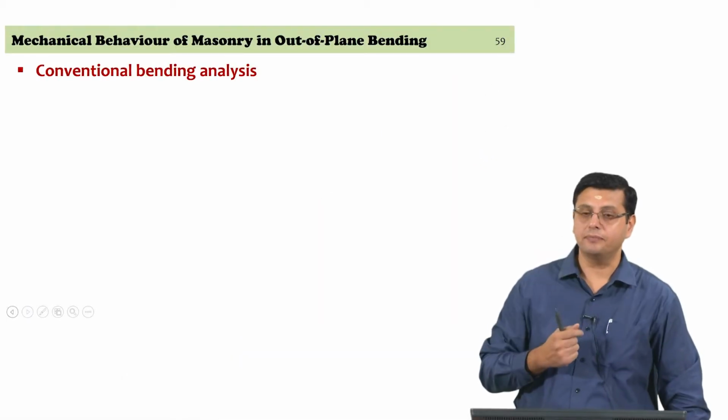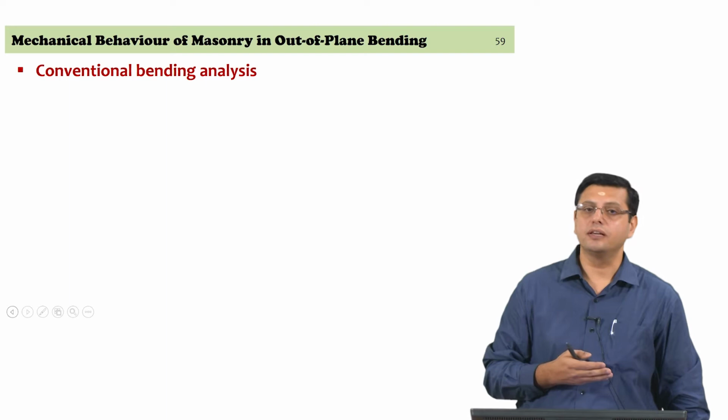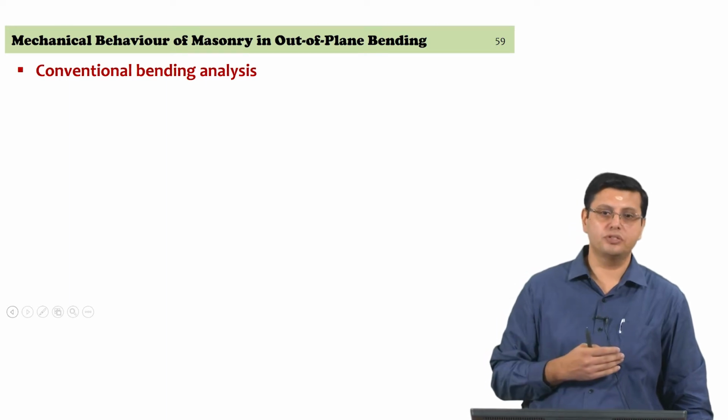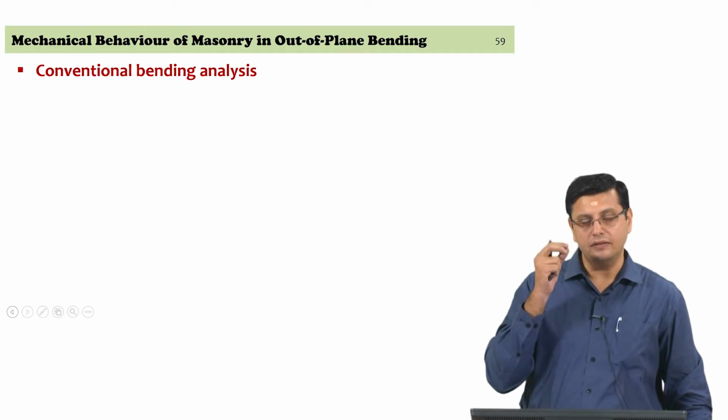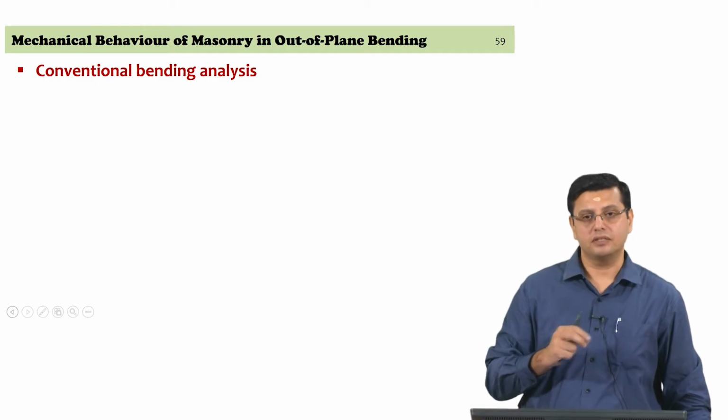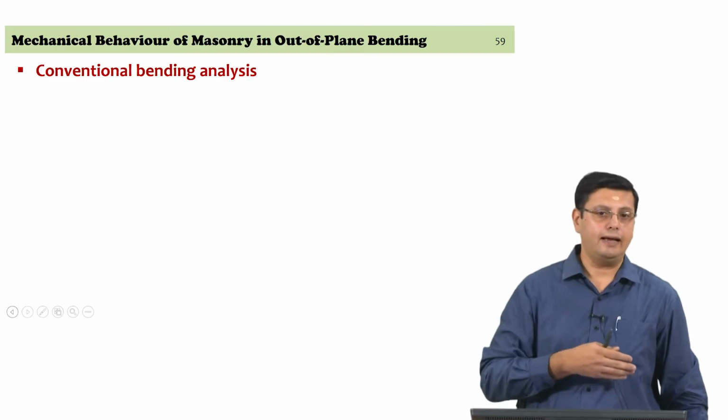Good morning. We continue with the strength of masonry. We are examining out of plane capacity, and to sum up what we had looked at in the previous lecture, where we have been using two approaches. One, conventional bending analysis, where we are examining the section behavior till ultimate as linear elastic and get the force